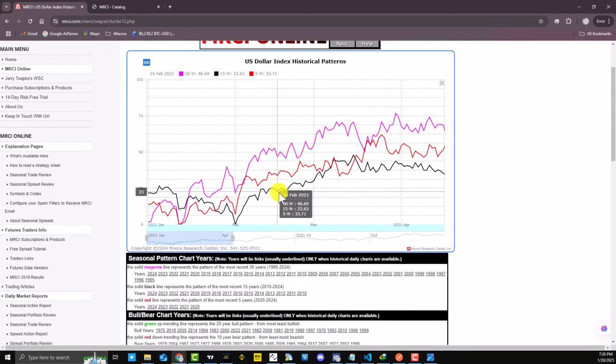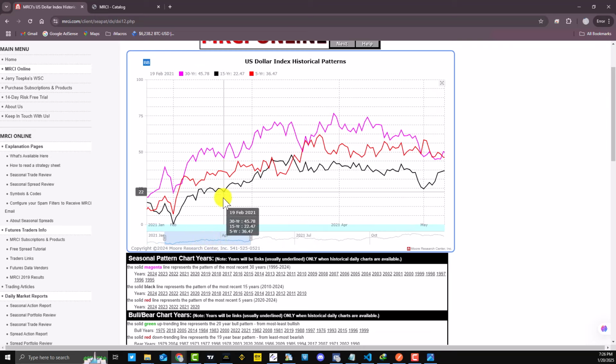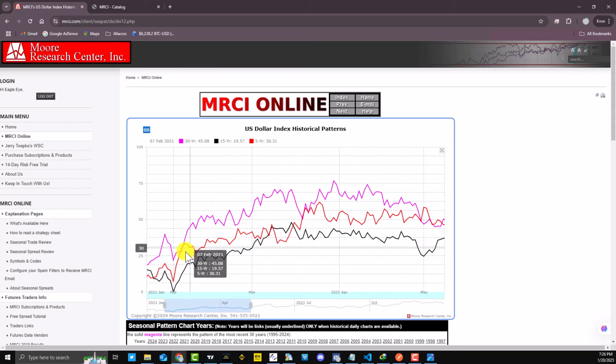Okay, so basically that is that. We just take a look at whether our 30-year, 15-year, and 5-year are all pointing in the same direction. If they are pointing in the same direction, then there's a higher probability. If the charts are also telling us that the dollar index is rallying, then we can focus on buying the dollar